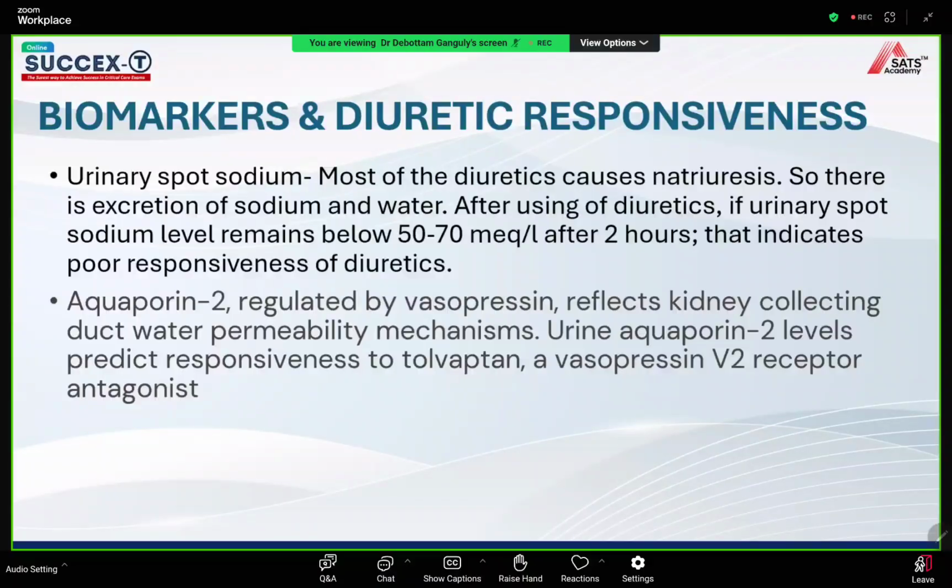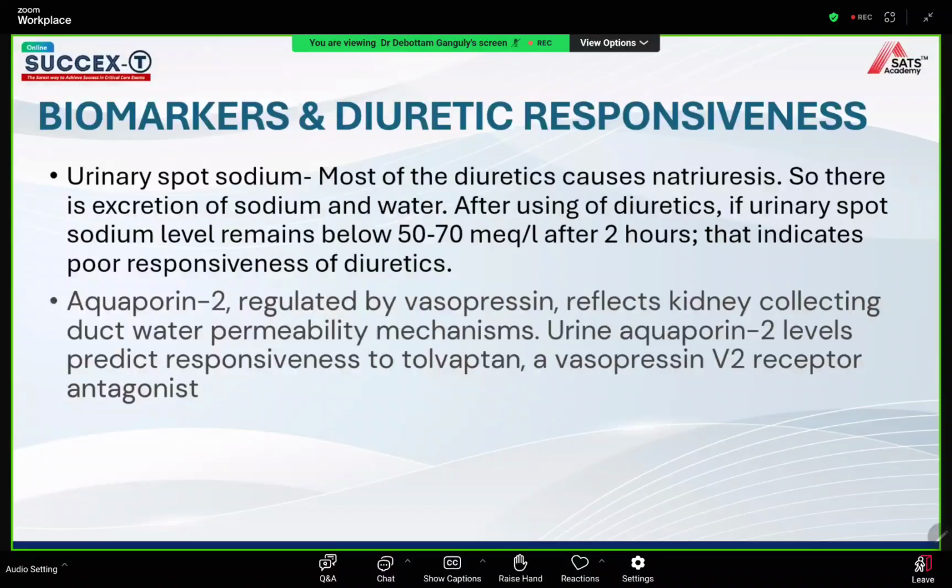So urinary spot sodium is the most important. Most of the diuretics cause natriuresis. Actually, the function of most of the diuretics is sodium and water excretion. They excrete sodium along with the water. So there is excretion of sodium and water after use of a diuretic. If urinary spot sodium level remains below 50 to 70 milliequivalent per liter after 2 hours, then that indicates